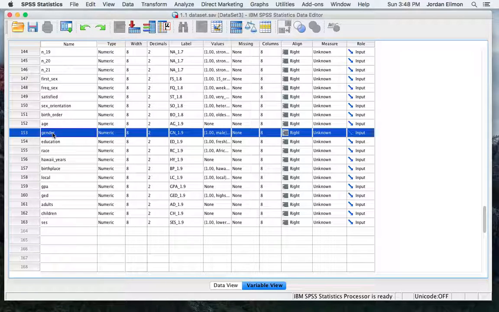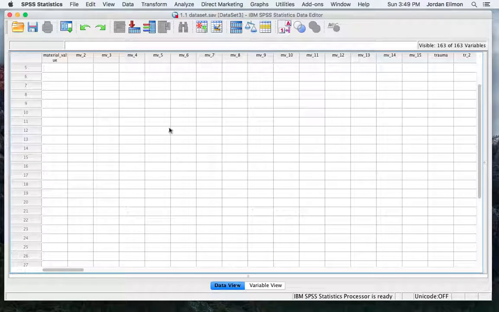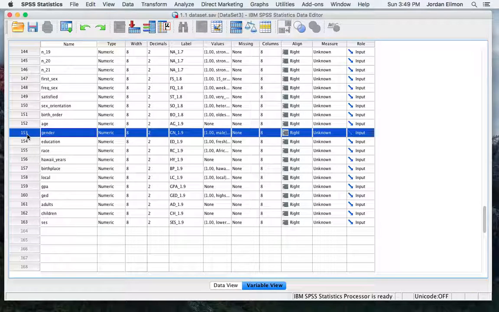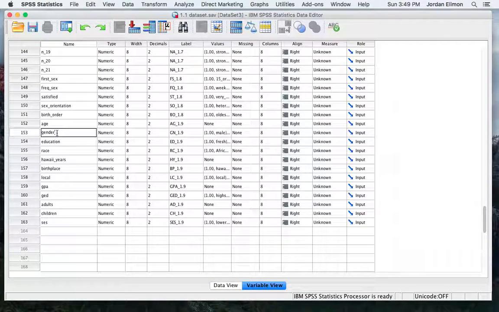So first, let's go to name. Okay, again, first we're in the variable view. So you won't be able to edit it if you're in data view. So go to variable view, find variable 153, name. We're gonna change that to sex, and then we're gonna edit the value